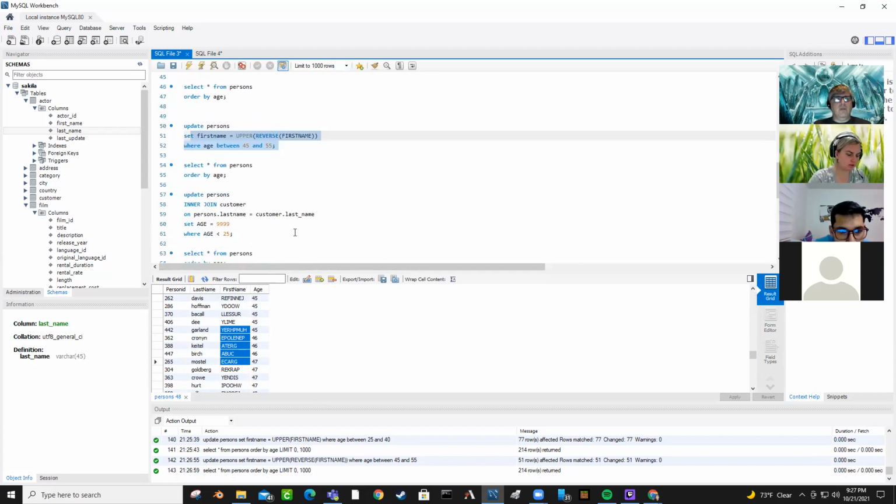Okay. So here we're going to update using an inner join. I'm updating the persons table. I'm inner joining it to customer on, I have the last